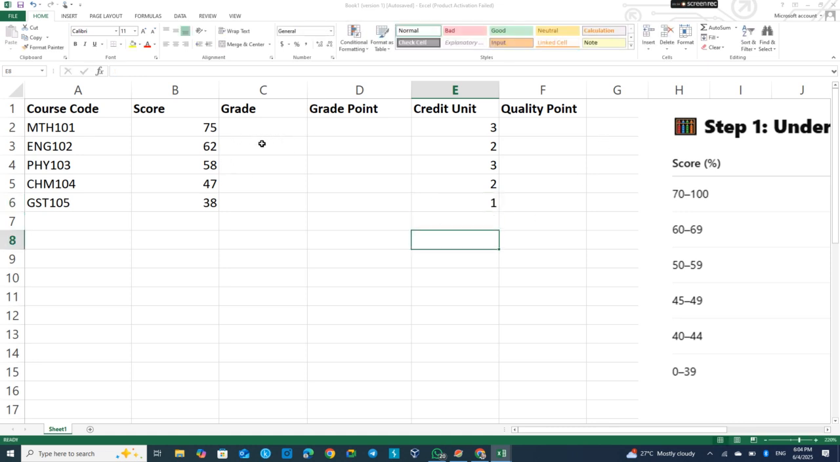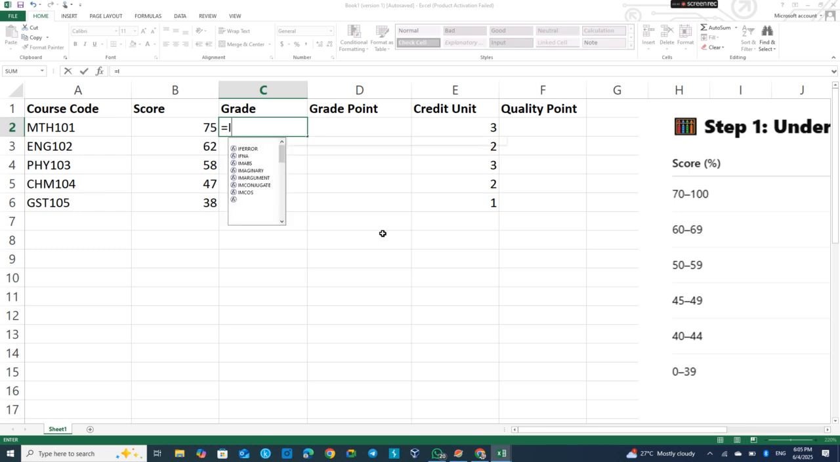After this has been established, now let's use our formula to get our grade. To get the grade, you are going to press the equal sign to activate your formula. Then you are going to type IF, open bracket. So if this score, you are going to click on score. If score is greater than, or let's start from below. If score is less than or equal to 38,